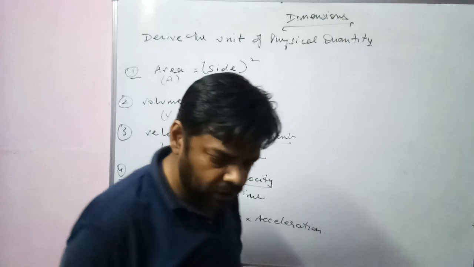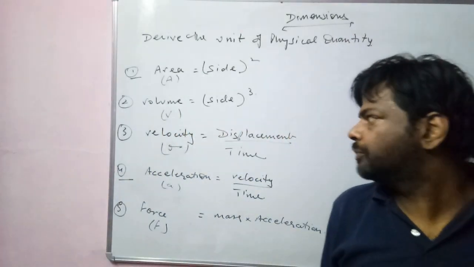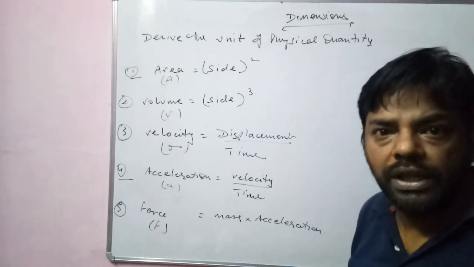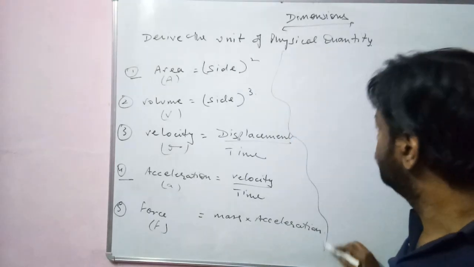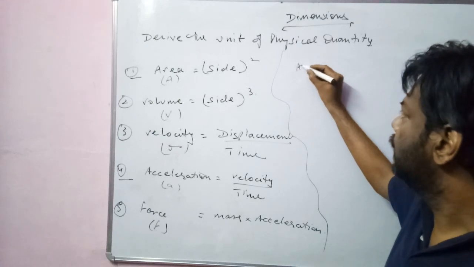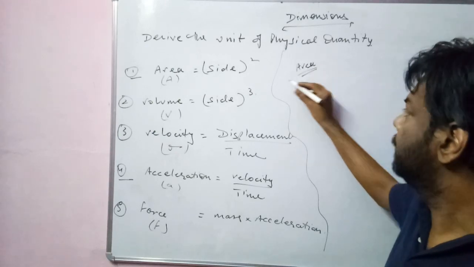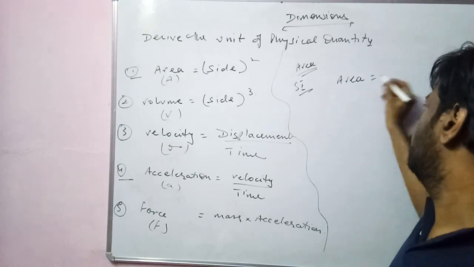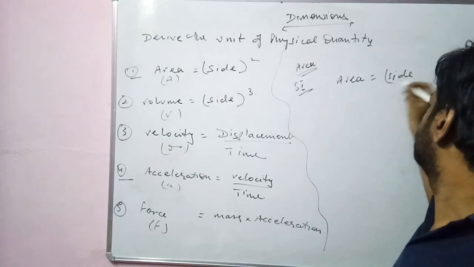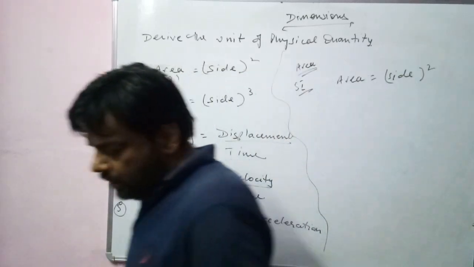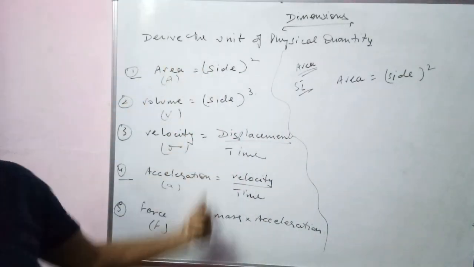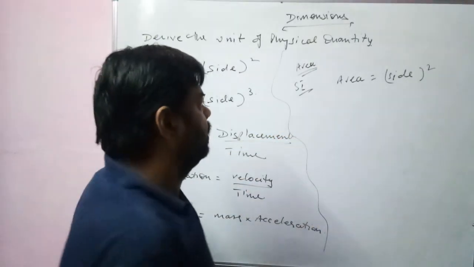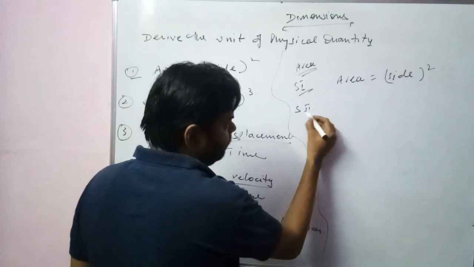Got it? Now, let us write out the derived units of these 5 derived quantities. I am starting with area. Area, step 1. In the step 1, what is required? We are required with the definition. Definition, students, I had provided you over here. The step 1 is done by me. Okay? Now, in the step 2,